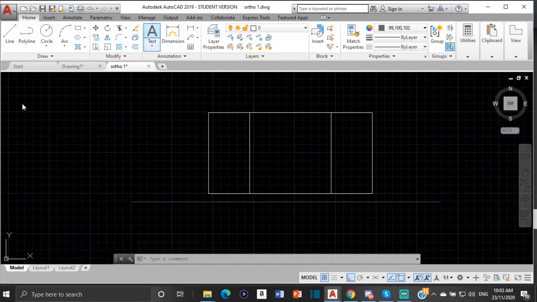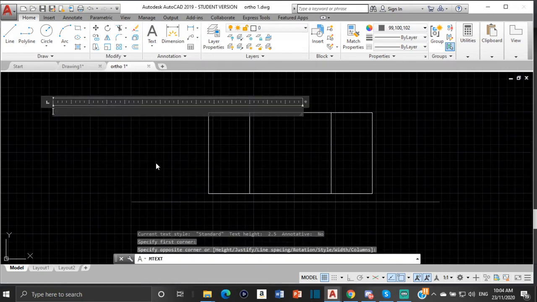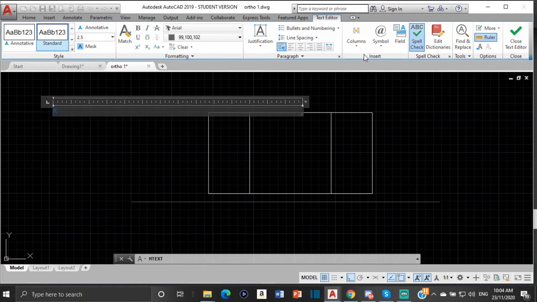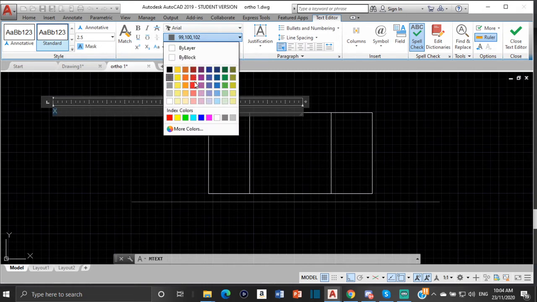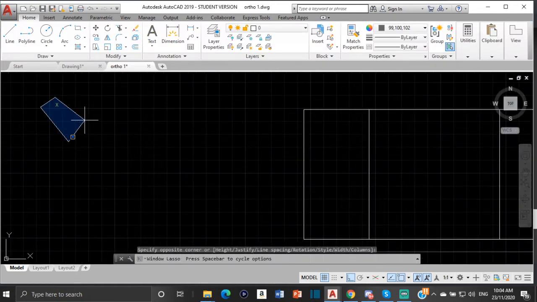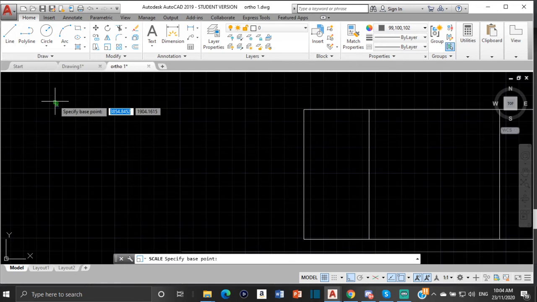Let me select a text. So let's call this X. Let me change the color before I make it a brighter color, about yellow. Now it's kind of small, so I can make it bigger, about twice as big, by highlighting it and clicking scale right here. If I click scale and I click on the drawing,